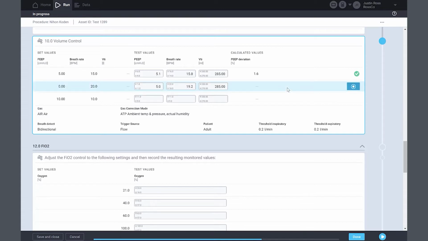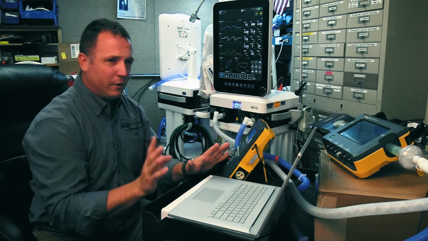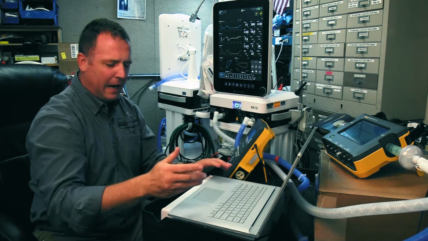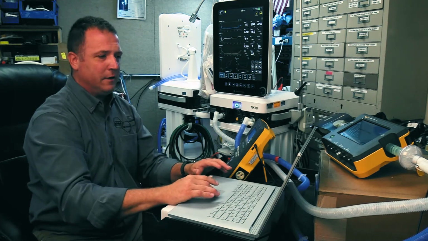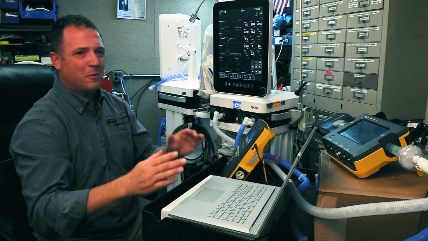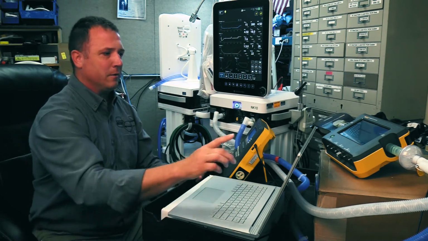So now we need a respiration rate of 20. Now I'm not going to do this because I want to show you something. I'm not going to adjust my respiration rate because, you know, I might be tired or busy and I'm not paying attention. Let's just go ahead and take that snapshot. Uh-oh. There's a red X. Remember, green means go. Red X, something's wrong. Okay, hold on. Let's go back and see what I did wrong.